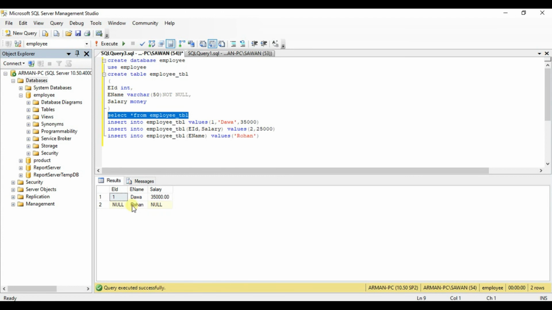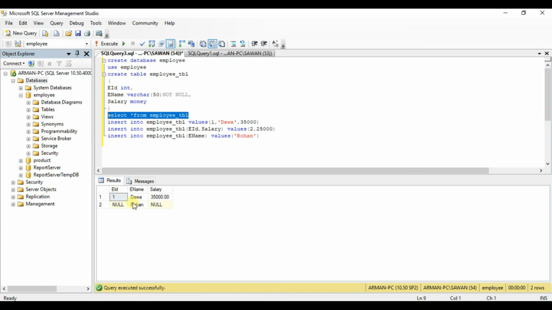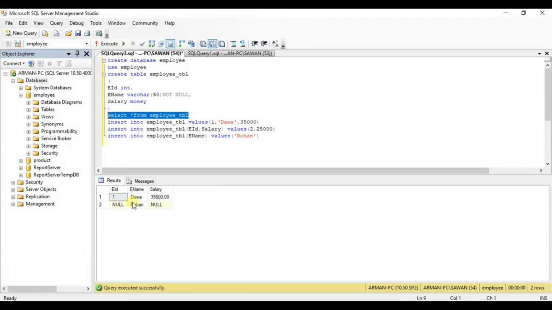But as you can see, in these two columns, employee ID and salary, a null value is stored, right? A column by default stores a null value if no value is inserted in that column. I mean, if you do not enter a value in a column, then the column holds a null value by default. So you have to enter a value if you use a not null constraint. Therefore, we use a not null constraint on a column so that it cannot be ignored. This was about the not null constraint.